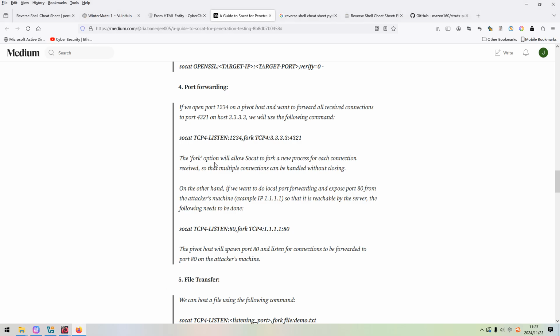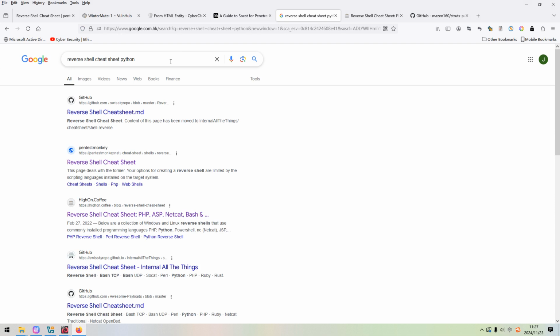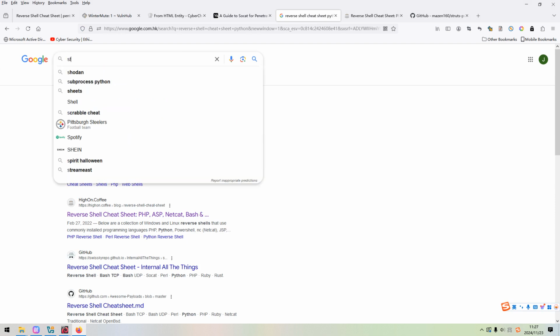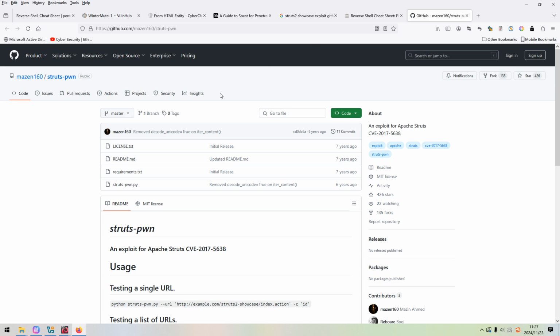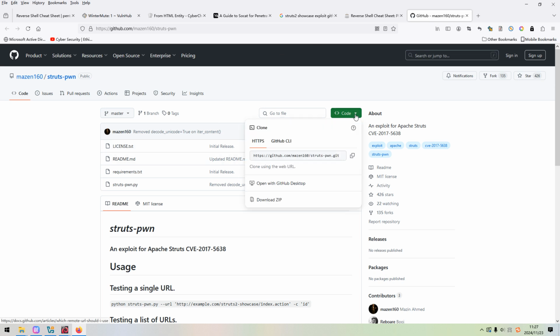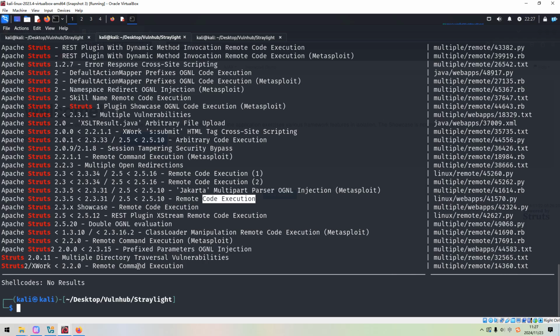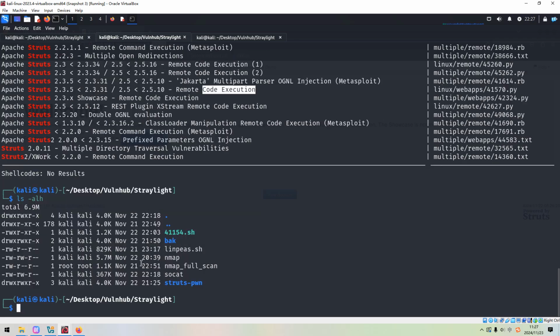Even I think Google would be much better. We can search Struts showcase exploit, and the first link gives us another workable exploit. I've already opened this link and made a clone to my Kali Linux.